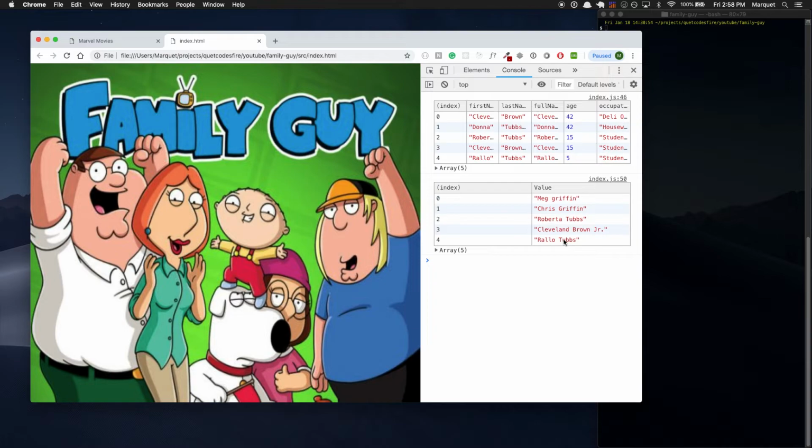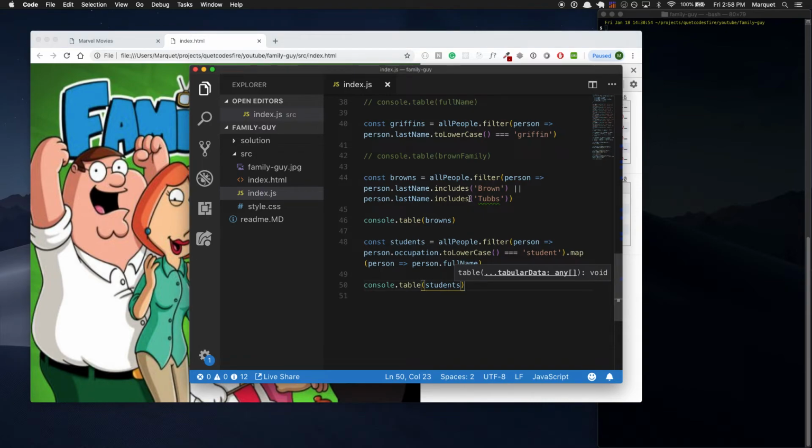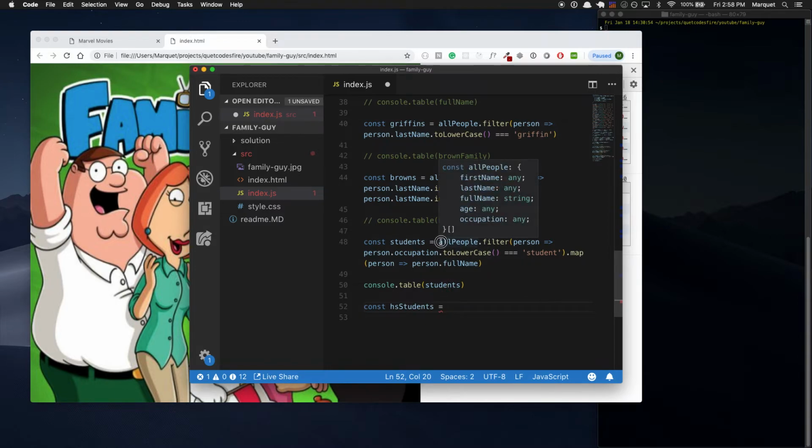And let's say we have all students, but let's say we want to get high school students, right? We don't want to get every single student. We just want to get high school students. So we'll come back here. We're going to comment that one out. And we're going to make a variable called high school students. And we're going to kind of do this same thing. So I'm actually just going to copy this part,